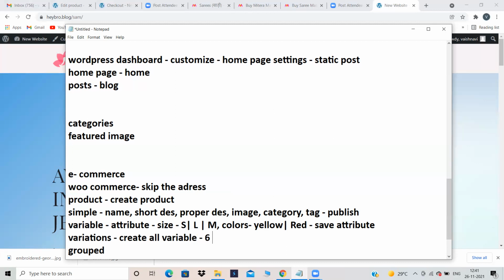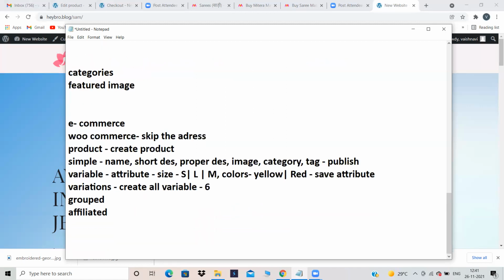Don't give many sizes and many colors just for practice purposes, Pranita, because if you give 4 to 5 sizes and 4 to 5 colors, then n number of variations will be there. It will go to 30, 40 also. Again, it will be only hard work for you to add that many images and give that many regular prices. That is the reason always give simple sizes and simple colors. Just 4 to 6 combinations are enough. If it's a very big, proper e-commerce website, then you have to give all those things. You have to do hard work. But now it does not matter.